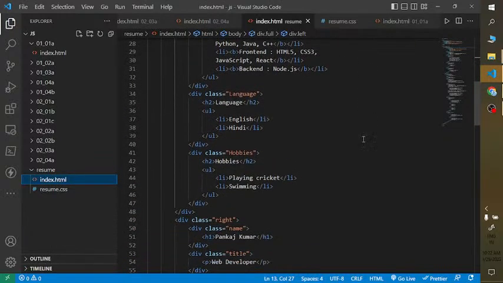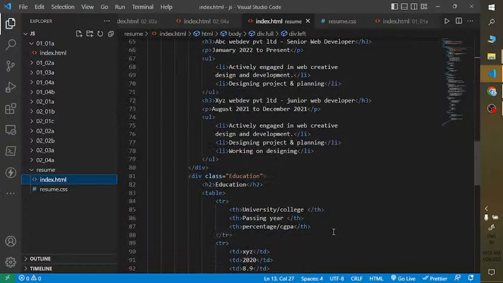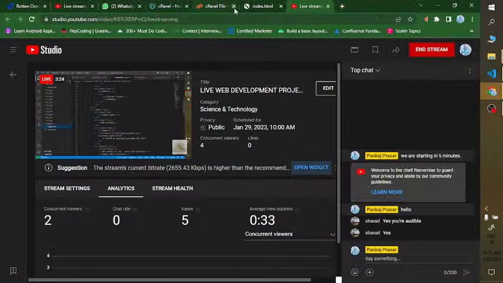pankaj.prasad@gmail.com. So this resume we learned to create in previous classes, and now we are going to convert this static page into a dynamic one, not exactly dynamic, but people will be able to enter their name, their experiences, and a resume like this will be created. So you can see here, there will be different templates there, so you can get those